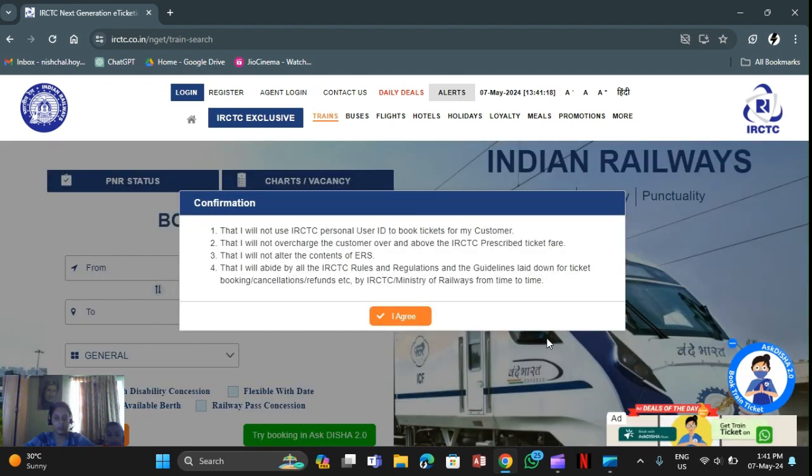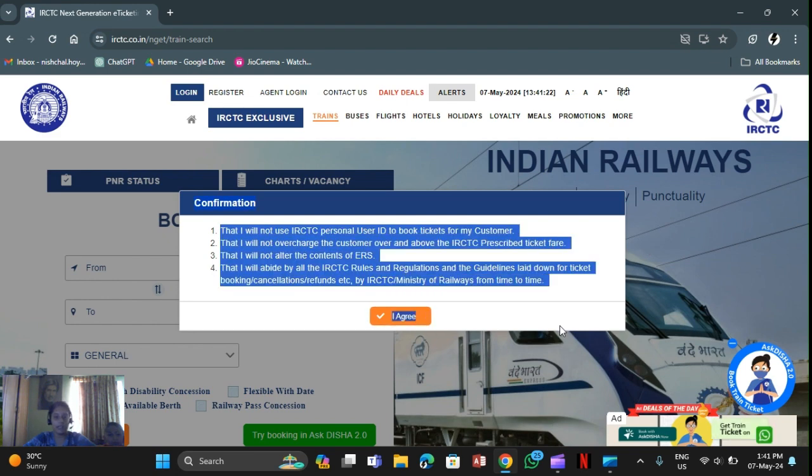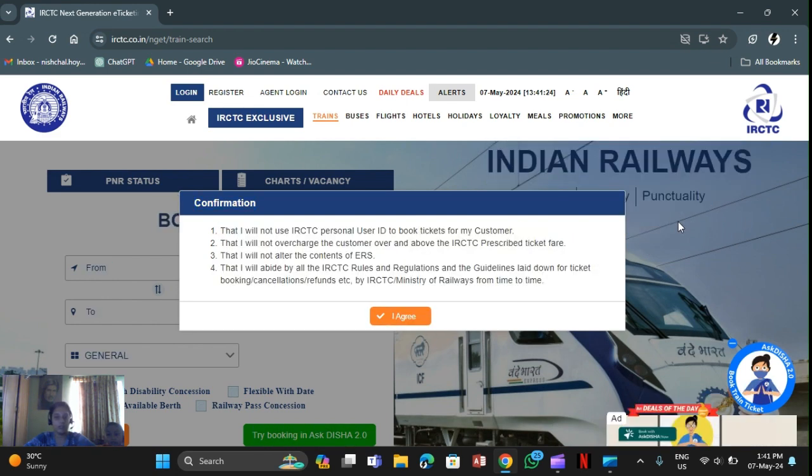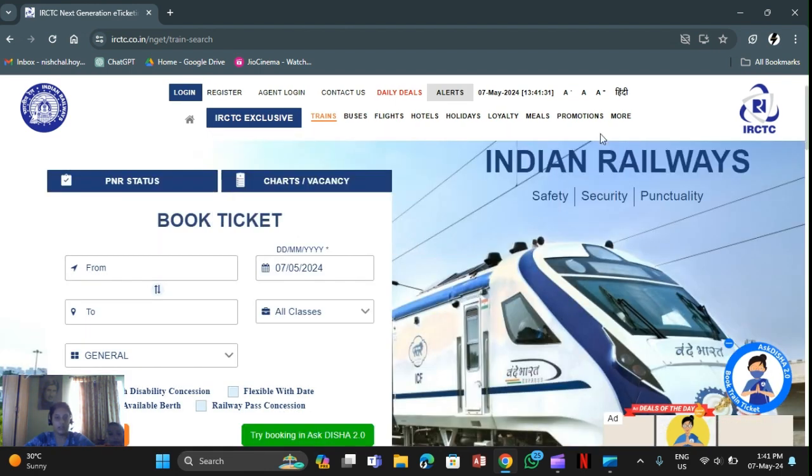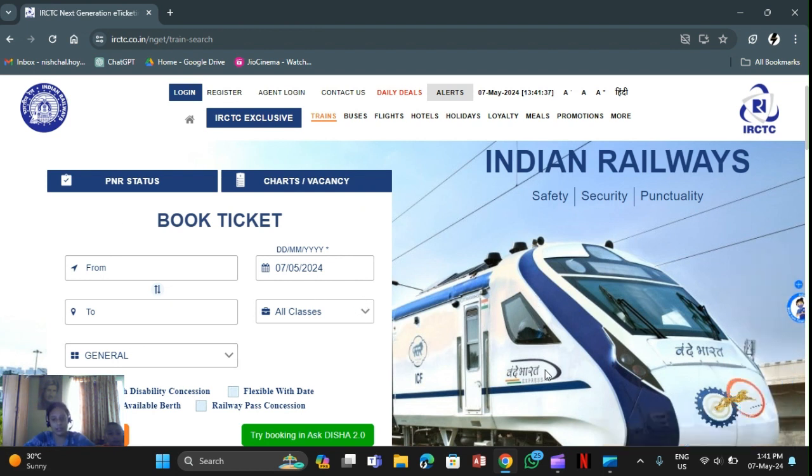I'll show you. Okay, so there's something different. The best way is that when you search the train you want to book on the website, you can do that, and at the last step you'll get that.